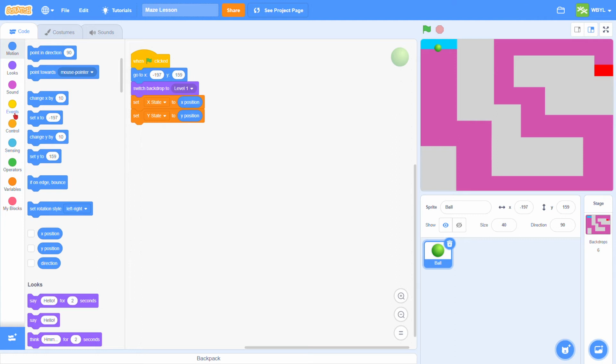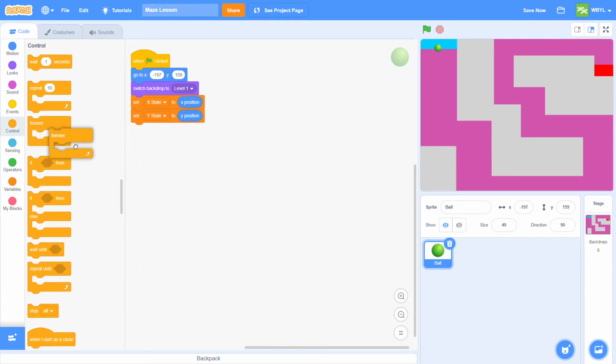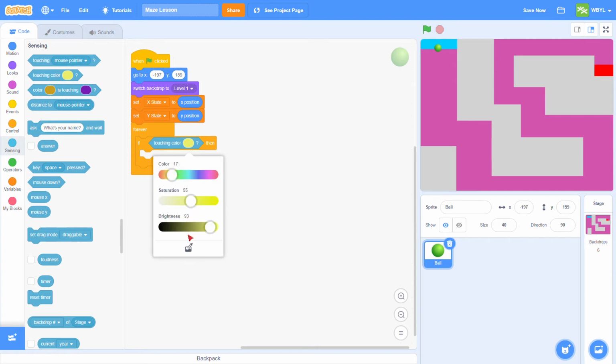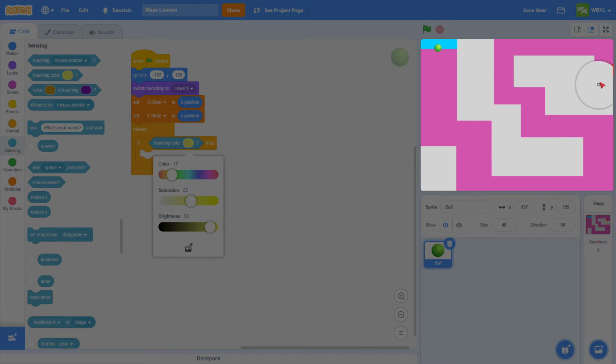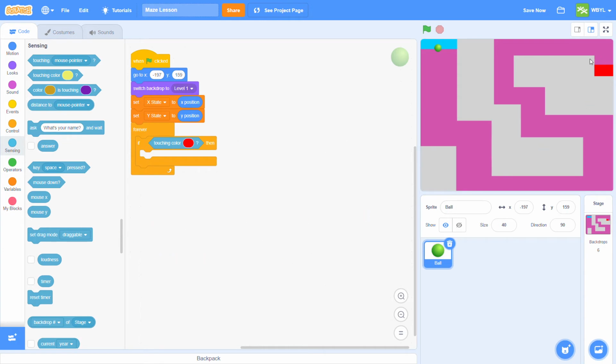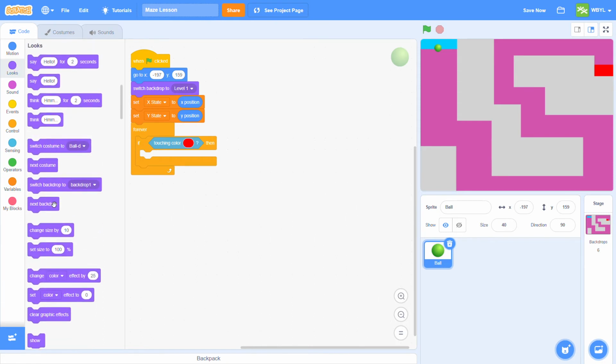But anyway, then we're going to go to control, grab a forever loop block and an if-then block, put the if-then inside of forever. Then we'll go to sensing, grab this touching color, the first one that's not color touching is touching, but touching color. We'll click on the color, grab the eyedropper, and you're going to select the color that you want your finish line to be, the finish line block that you've made. And we'll go over to looks, grab next backdrop,